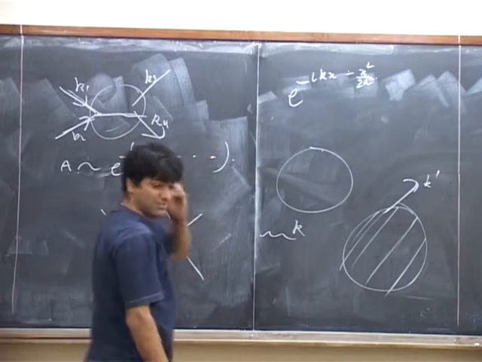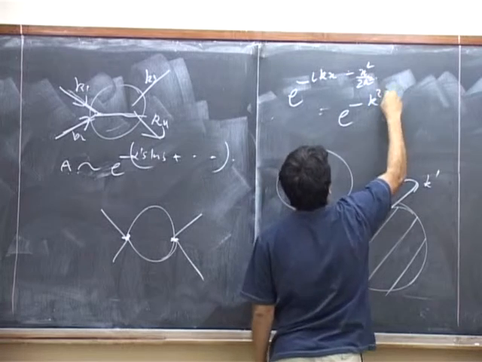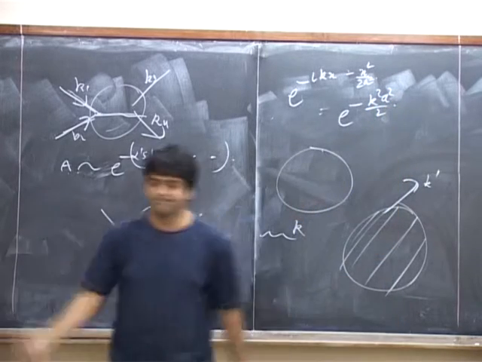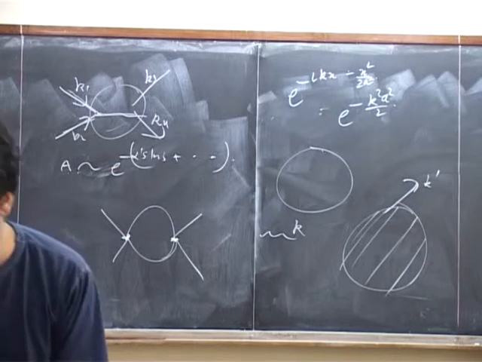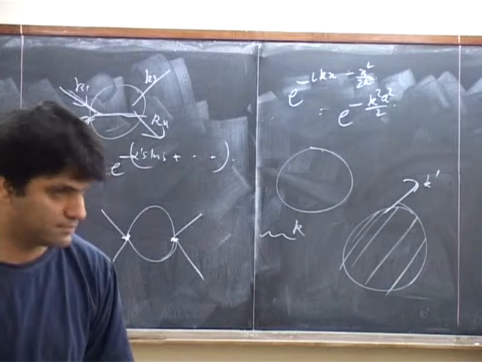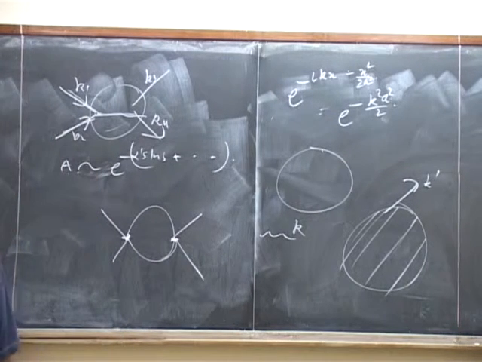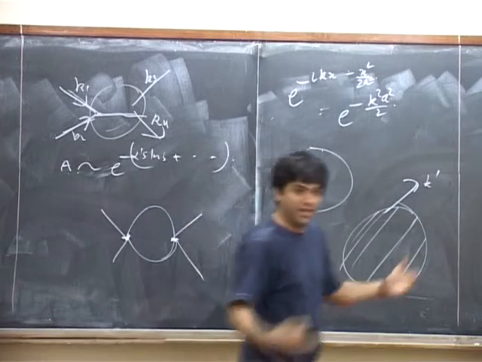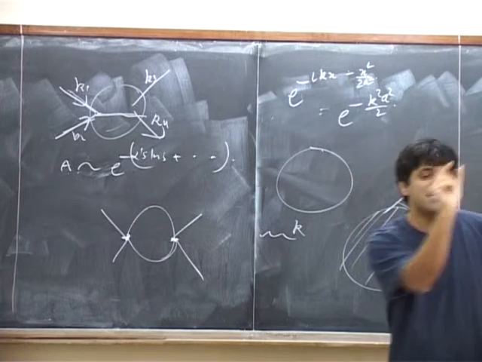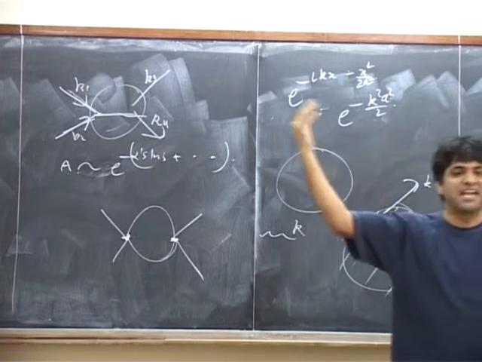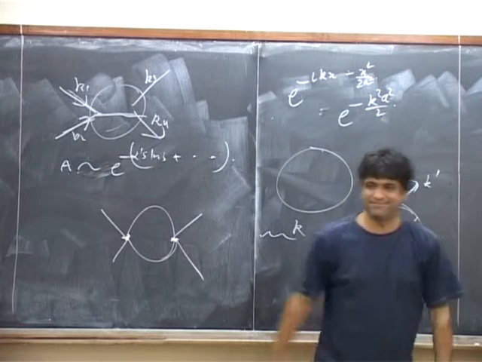What is that equal to? Let's do the Gaussian integral here. So we get something that's proportional to e to the power minus k squared a squared by 2. So if k is very large, this is an exponentially small amplitude. Is this clear? If your momentum is very large, if the wavelength of your particle is very small compared to the size of the object you're scattering against, this is a divided by wavelength.